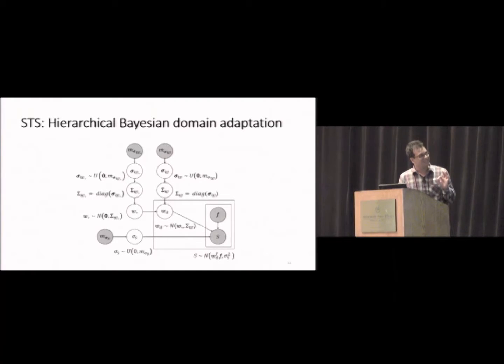Okay, so this is an extension of the linear Bayes STS model for domain adaptation. What we have here is still semantic similarity computed as a weighted sum of the features, but for each domain for which we have labeled data, we learn a domain-specific vector WD. So for each domain we have this vector, and each of these WDs has a Gaussian prior centered at W star, which is a common weight vector across all the domains. So as you can see from the diagram,